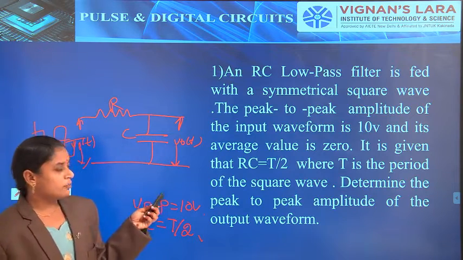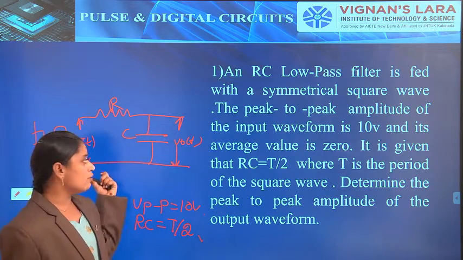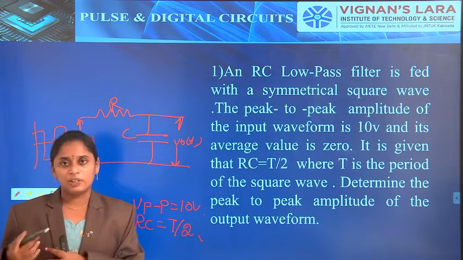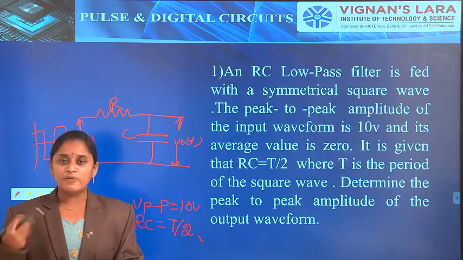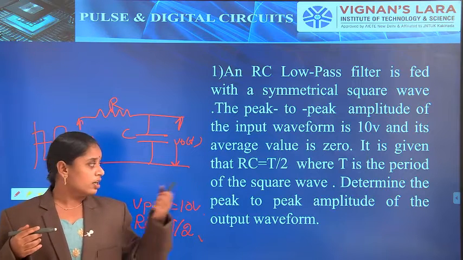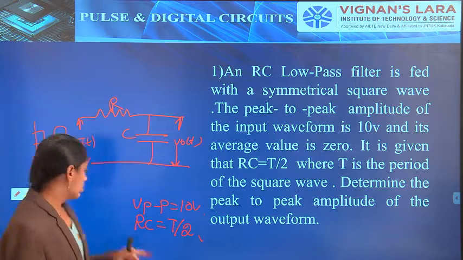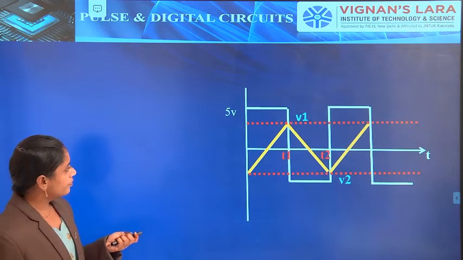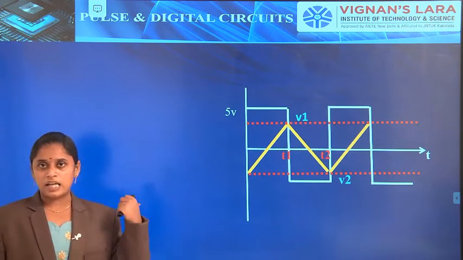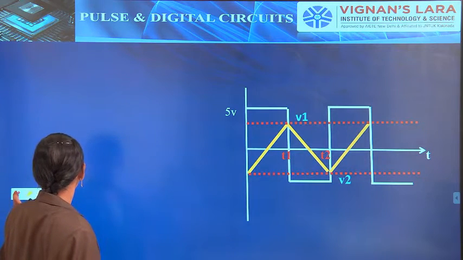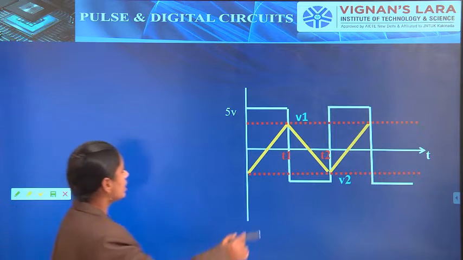So in the given data, the square wave signal is passing through the low pass circuit, and we have to know what the output condition is and what the waveforms are for the output, or what voltage occurs at the output. So this is the output waveform, and this is the input signal.